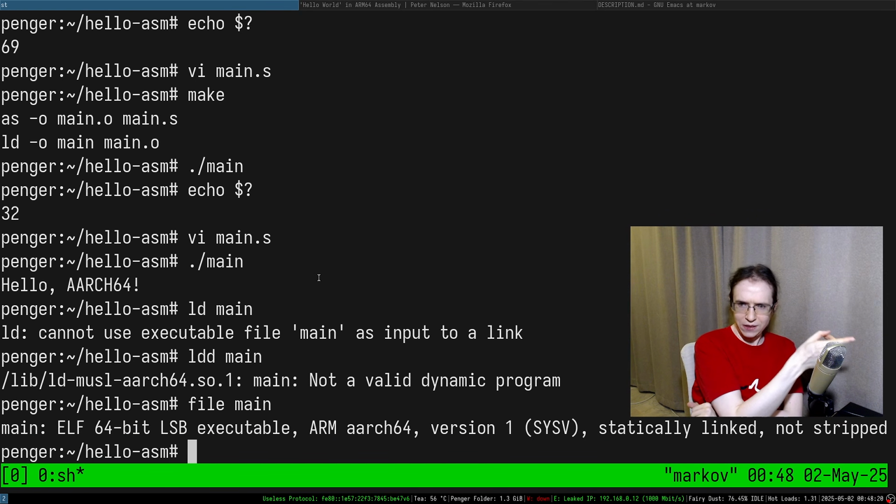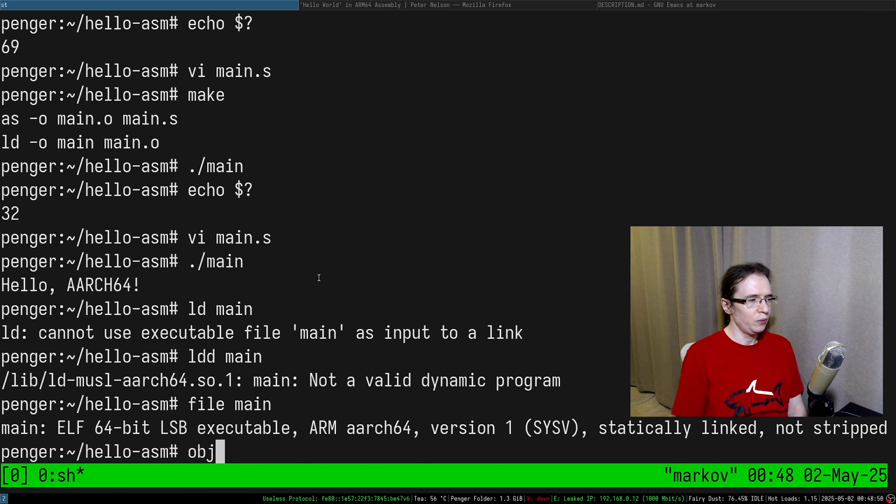Can I ADB shell into my mobile phone, upload this executable there and run it? And it will say hello from ARM64, if it's 64, right? But I don't know if it's 64 actually. But I don't know if I'll be able to write into its file system, or if the syscall numbers are compatible. That's a good point. We don't know if it's compatible. There's only one way to know.